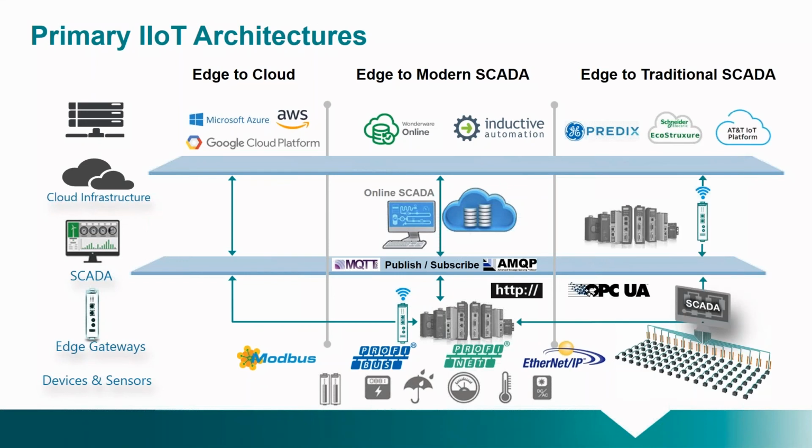The third common architecture we are seeing is edge to traditional SCADA. You will notice in this architecture I've had to move SCADA down a little. This is actually a critical component. For these architectures, one key piece are the APIs. With these traditional SCADA systems, we need to convert their polling protocols to new web APIs or RESTful web APIs. An even better approach might be publish-subscribe protocols like MQTT with statefulness. In just a few minutes, you'll see a demo from Kevin at Inductive Automation that highlights the value of publish-subscribe